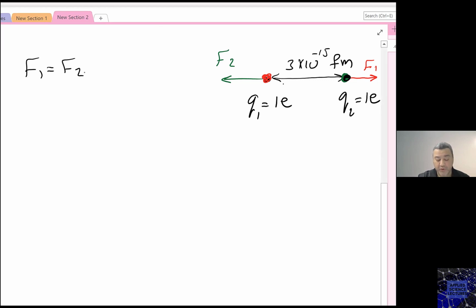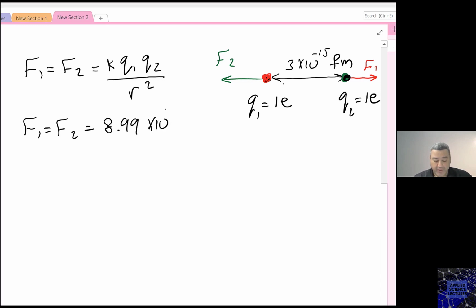F1 equals F2. Why? Because they are both due to the contribution of both charges. So I have here k, Q1 magnitude, Q2 magnitude divided by r squared. And in this case, I have F1 equals F2 equals